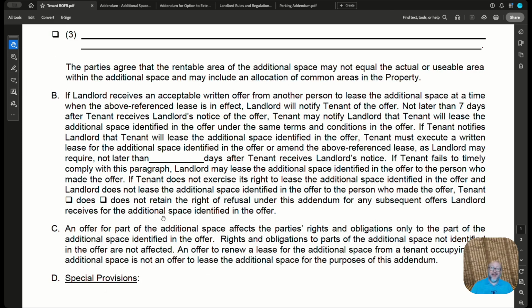It's hard to get anything signed in less than 30 days. So that would be a stretch, but I think we could put that in, right? So the landlord might find that to be agreeable at that point. So if the tenant fails to timely comply with this paragraph, which includes the notification provision, the acceptance provision, and